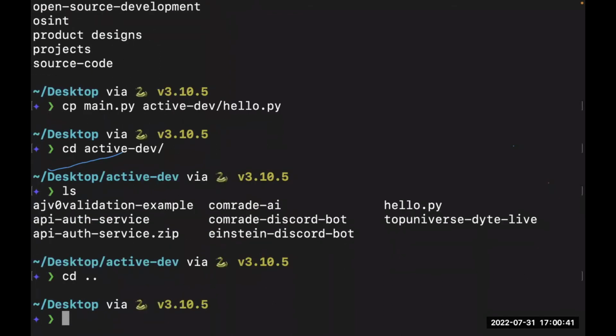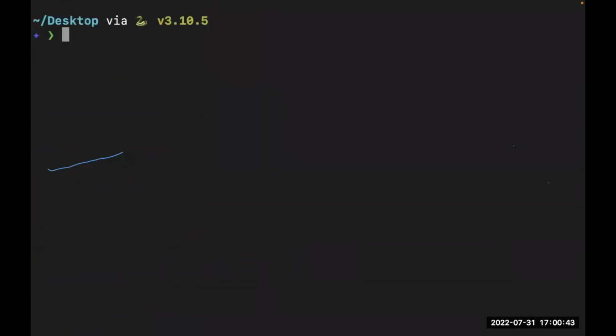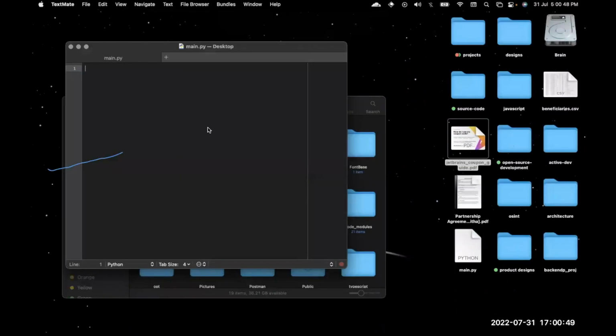I am currently back on the desktop. I'm going to clear this and open main.py once again, and we're going to quickly say def hello, return hello world. So we have this simple function in here.